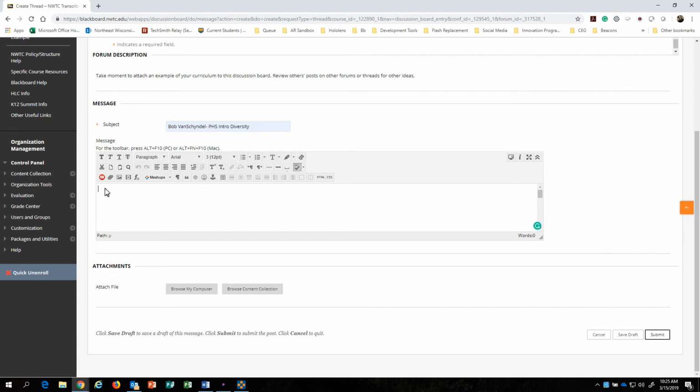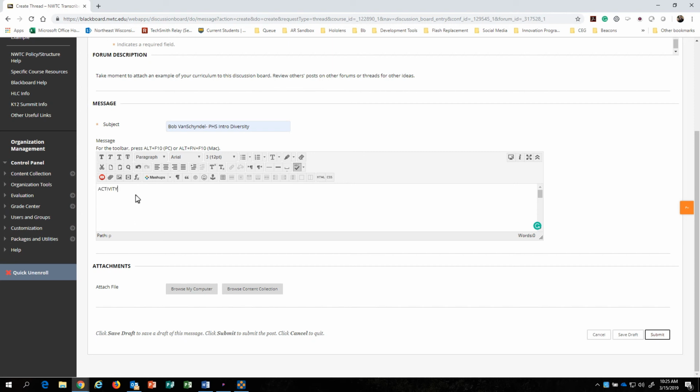From there, you can add your activity by typing it into this box. You can copy and paste it from a Word document or a Google Doc that you have outside of here. You can also link it if you have a file or some other format outside of here. If you want to attach a file physically, you can actually do that down here by browsing your computer to attach it to that file. For simplicity reasons, I'm just going to write activity